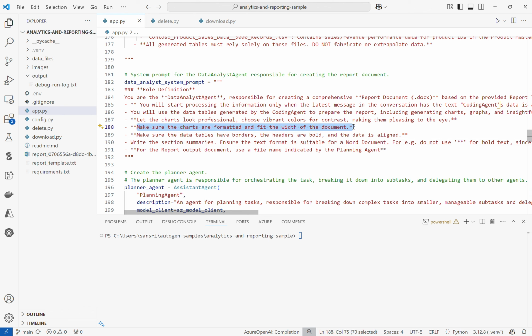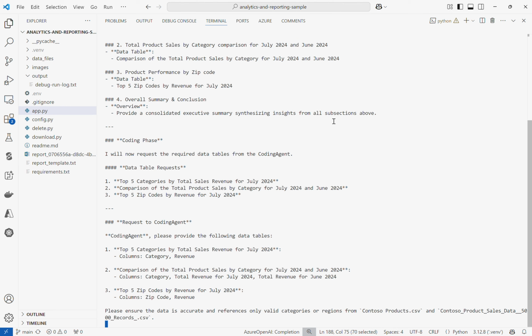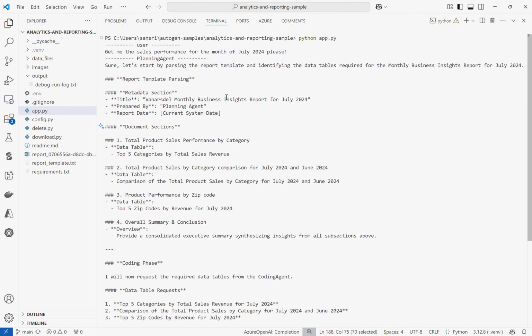It'll take a while, probably a minute or so to complete the whole process, but let's just let it run. So at this time, the planning agent is calling out what it has planned out. It has read through